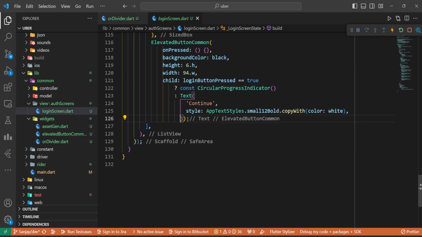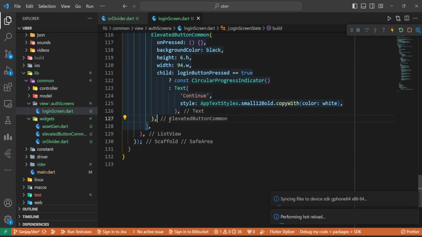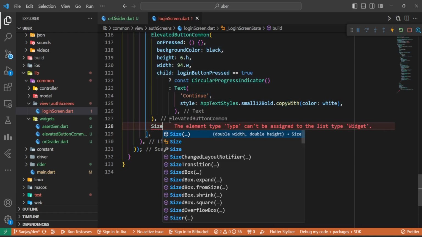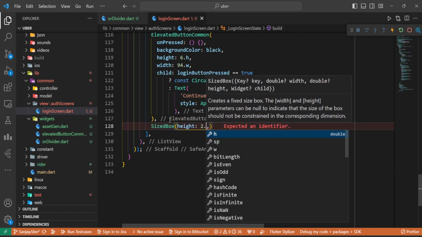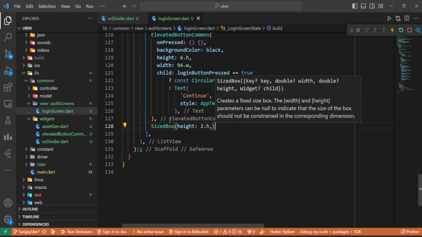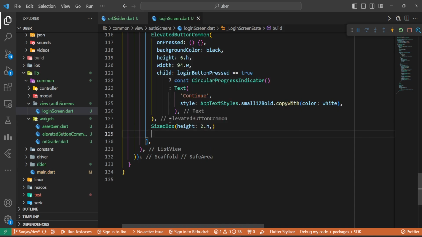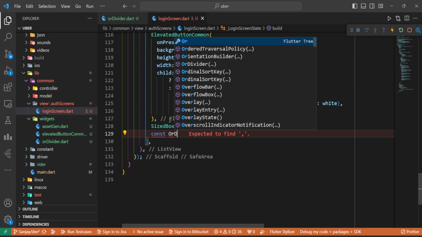So let's introduce comma, let's save it, and SizedBox height is going to be 2.h, and here I will introduce const OrDivider